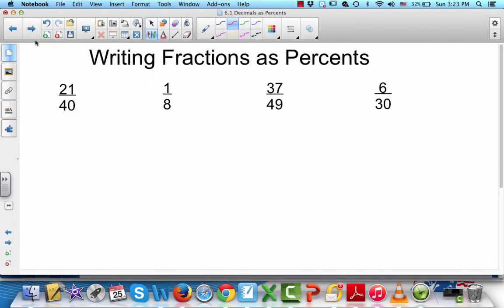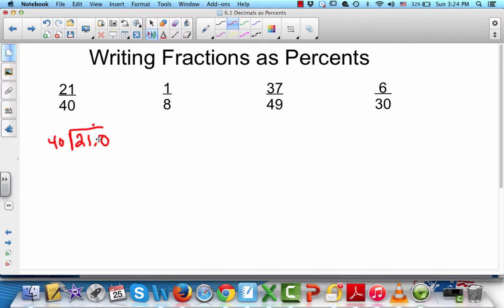All right, now writing fractions as percents. We've got 21 over 40. What is a fraction? A fraction is a ratio which tells you to take the top number and divide it by the bottom number. So all we're going to do is change this to a decimal by going 21 divided by 40. Put our decimal,